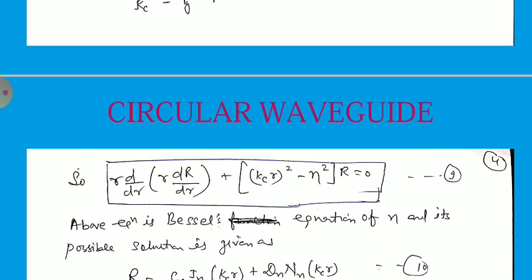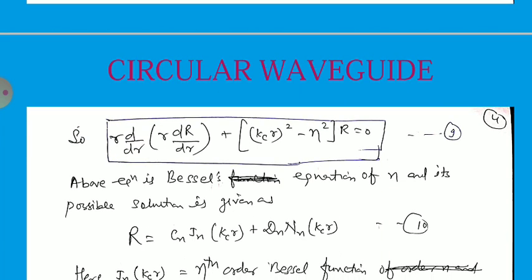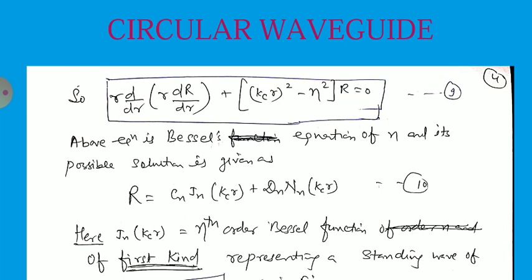So now in this combined equation, the whole equation is in the form of small r, and the remaining terms are constants. So it is known as the Bessel equation, and its possible solution is given like this: capital R equal to Cn Jn kc r plus Dn Nn kc r, where Jn kc r is the nth order Bessel function of the first kind,